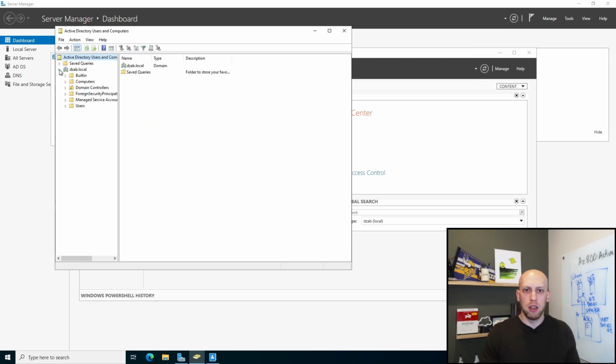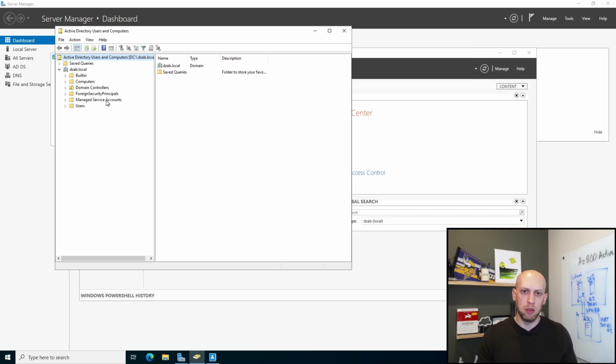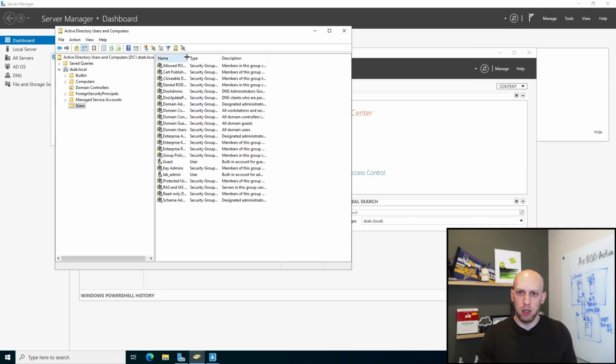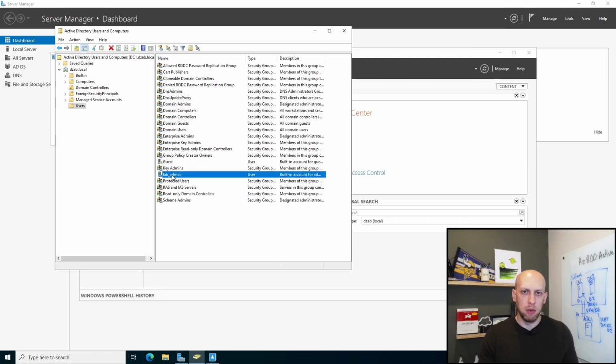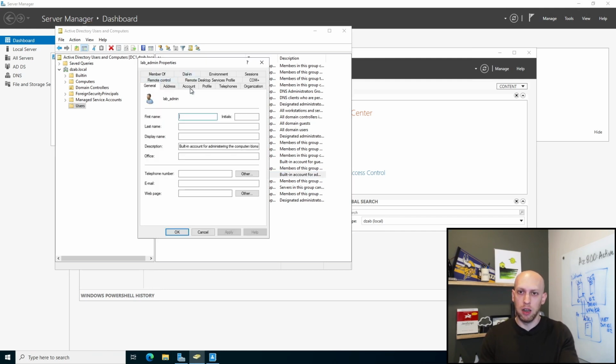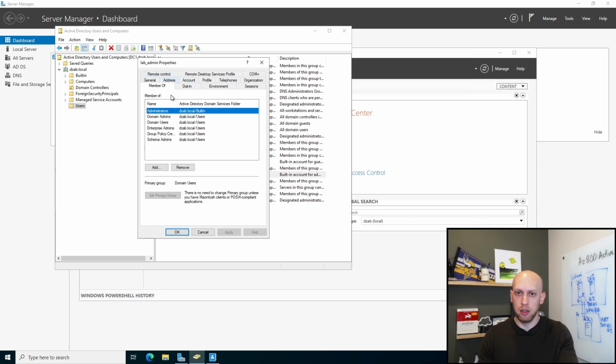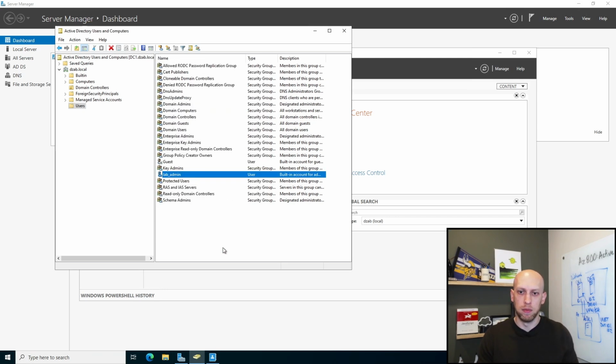And here you can see there's not much here. This is all the default domain structures that are already built out. But if I go to my Domain Controllers OU right here, you'll see DC1 is my first domain controller. And if I go to Users, here is my lab admin user that was the user I logged into the server under, and it's automatically been created and promoted as domain admin right there. So I'll talk more about everything I went over there later, but just showing you AD is now set up